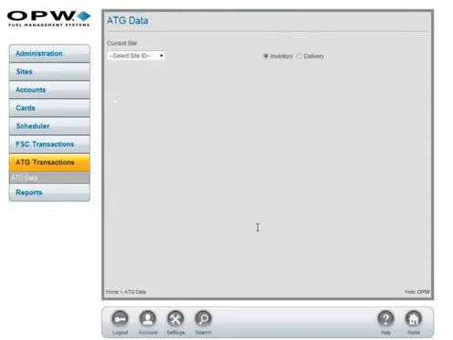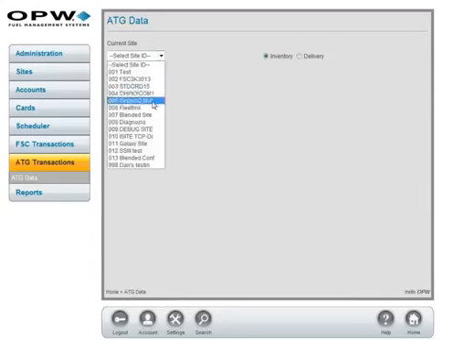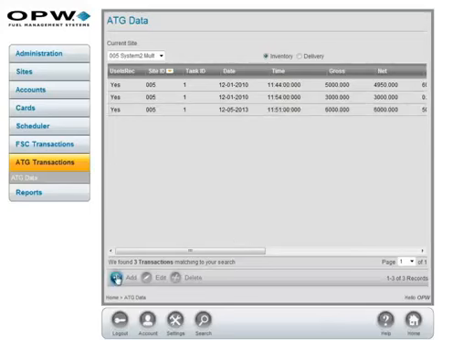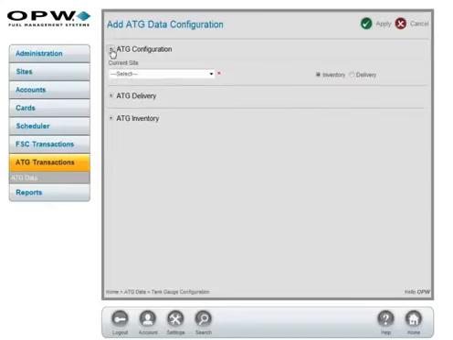Continuing on with ATG data, if you want to be able to report on inventories from your tanks that are underground, but you don't have a tank monitor at the site, Phoenix will allow you to input that information into the program. So first of all, what we need to do is select the site and click the Add button down below. Underneath the ATG configuration, it should list out what sites are set up in Phoenix that do not have an ATG connected to it. So we'll select site 6,